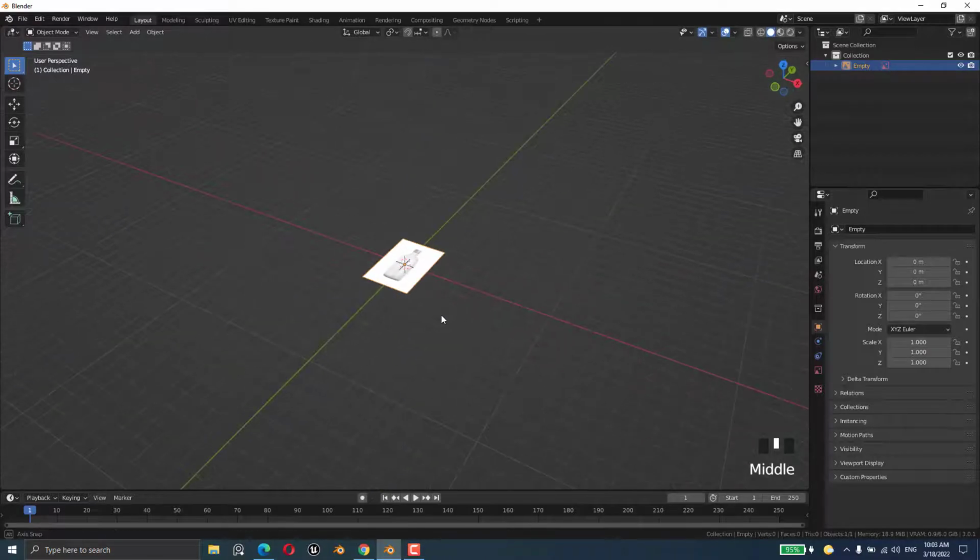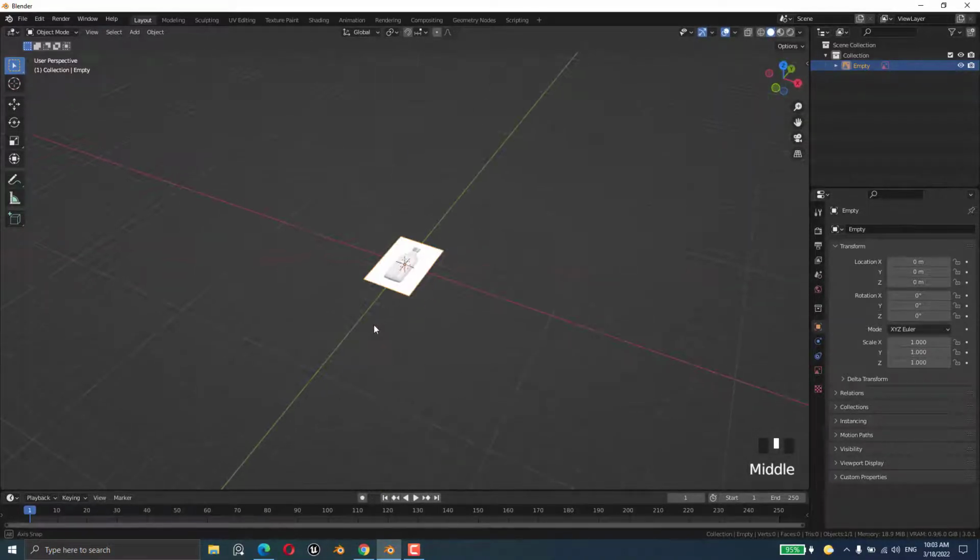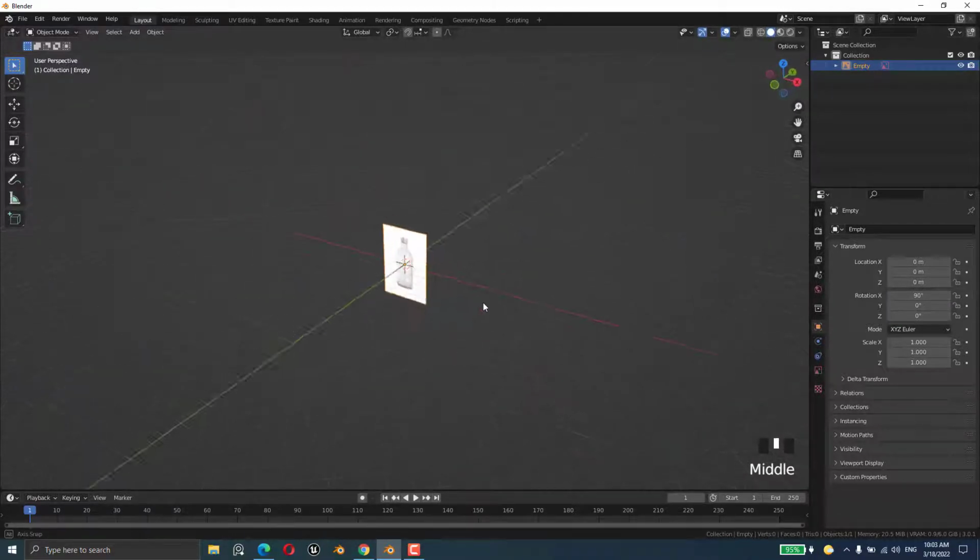You see it's like this, but I don't want it to be like this. I want it to be facing me. So what I will do, I'll select this one and press I, or I can come to the x-axis because I want to put it from here, so it will rotate like this. You see, let me delete this, and let me come to the x-axis, 90 degrees, and it will be like this. Okay,